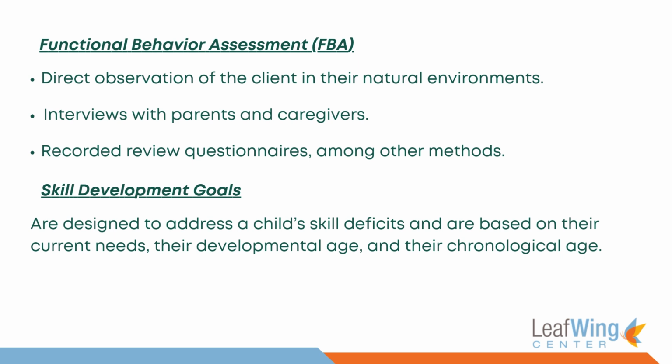Sometimes it is appropriate to teach a child skills that will match their developmental age. For example, when learning to speak, children will speak individual words before forming sentences. When teaching a child to speak, you begin at their developmental age for language and move forward from there. Other times, it makes more sense to teach a child skills according to their chronological age, as is the case much of the time when teaching toy play. You would teach a child to play with the same kinds of toys their friends play with, so you can facilitate their friendships when they are around other children.